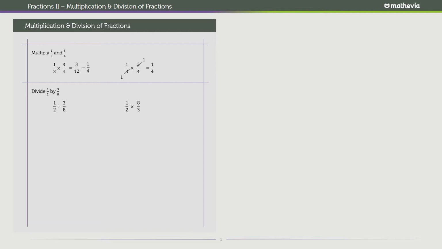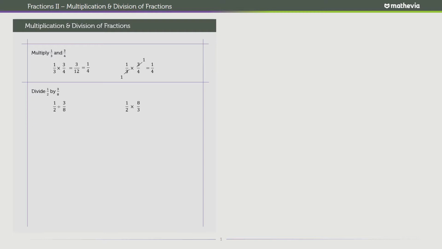Now when you divide fractions like this, you have 1 over 2 divided by 3 over 8, it becomes 1 over 2 times, you flip 3 over 8, 8 over 3. So division becomes multiplication, and then you flip the fraction on the right. And quite simply from this point, very easy, you just need to multiply, and